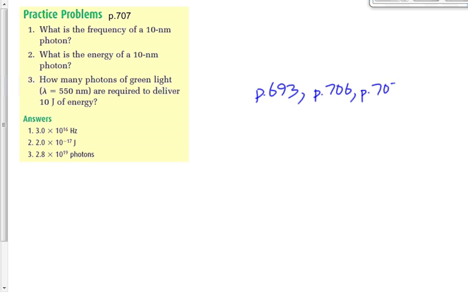Now, these two sets go very, very quickly, just the photon stuff, right? This one, not quite as quickly, but not so bad. It's 9 questions. Okay, but you got some of those done already, and I think that for the most part, they should go pretty quickly for you.